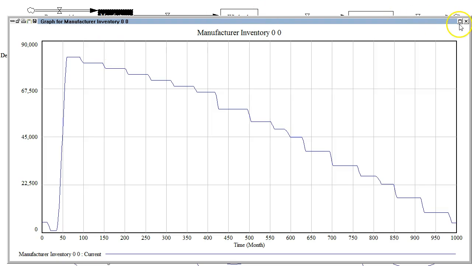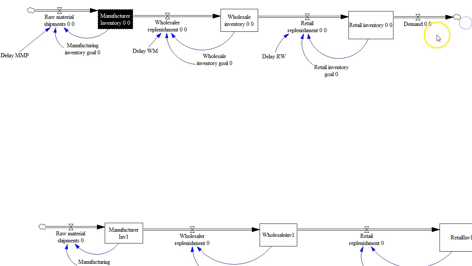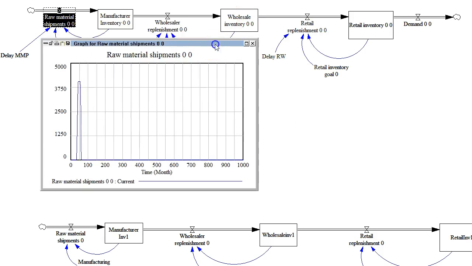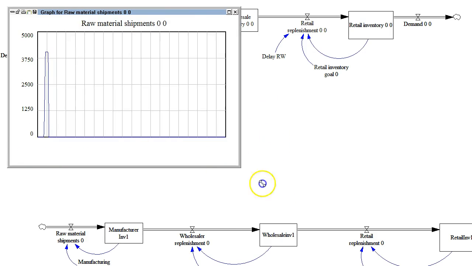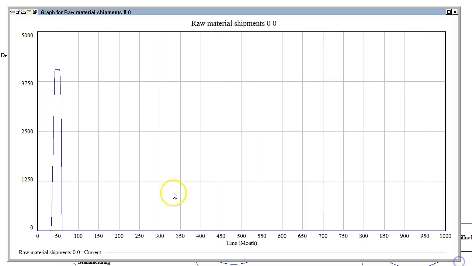This example is showing you just the effect of the bullwhip effect based on one single cause, but there could be many causes. Here you have the shipments from the raw materials. The raw material people will send almost 4,000 units, and then they're not going to send anything else for a year,